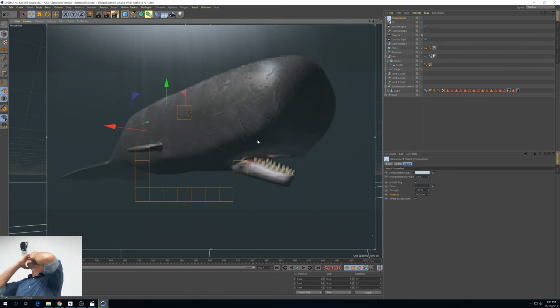What is the name of the other one? Micro